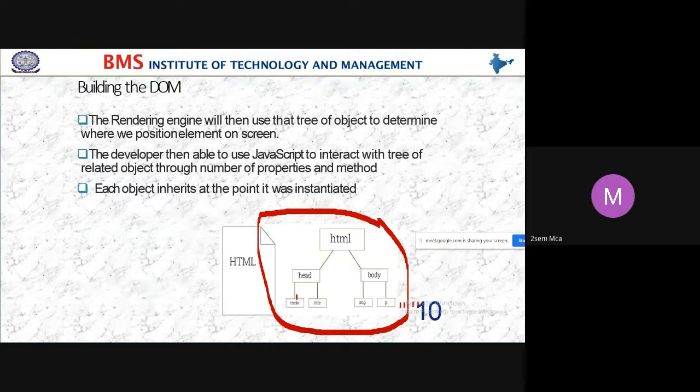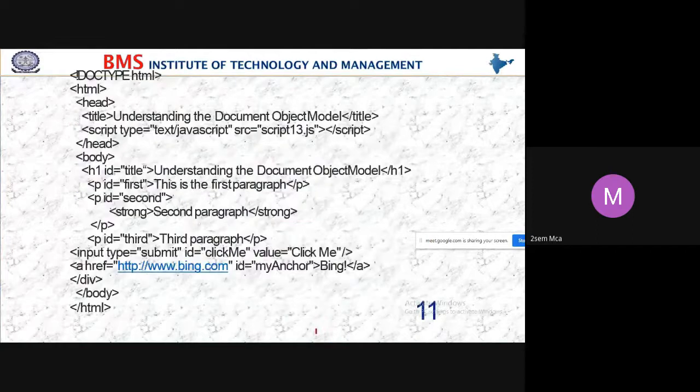point it was instantiated. So here, in the head tag you cannot include the body tag. Wherever it is necessary, you can include the element. In the meta tag, you cannot include the paragraph tag. Correct, no? In the title tag, you cannot include the image tag. So according to the syntax, according to the structure, wherever those elements should be present, only in those places we can include those elements.